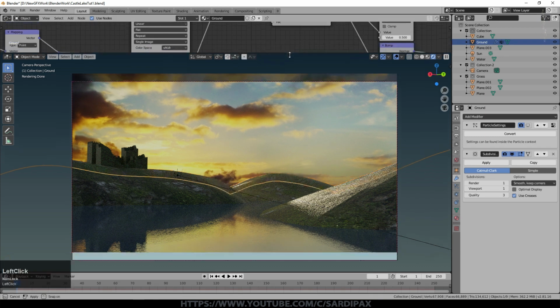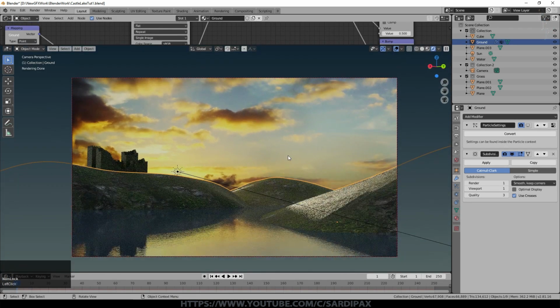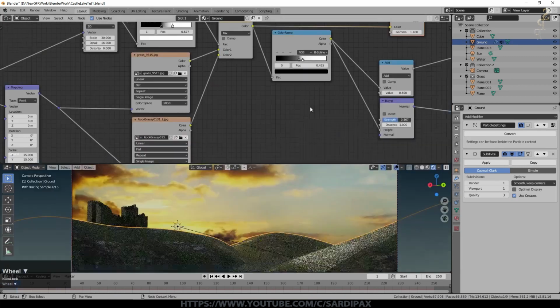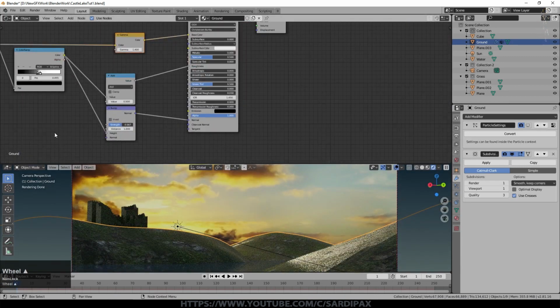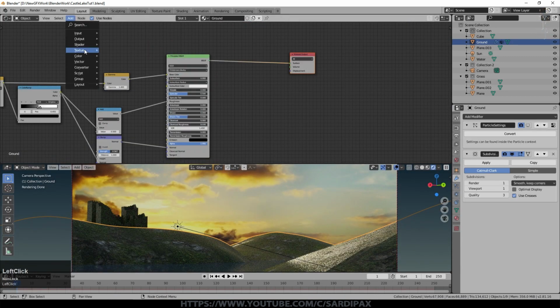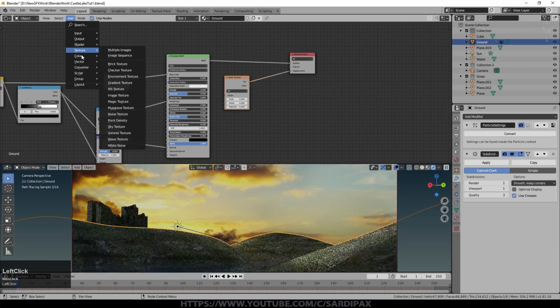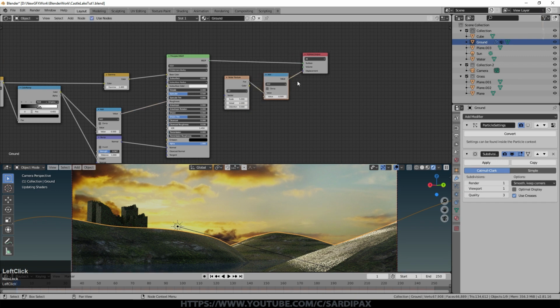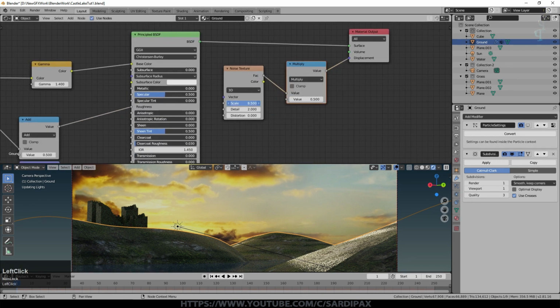What we probably need to do now is add a little bit more variation to the surface of the landscape itself, because we've got some simulated surface, but we haven't really got very much there. So one thing we can also do, we've also got our bump here, is I'll add a noise texture. I'll plug that into displacement this time, add a converter, which is a math node, and drop that there, change it to multiply, turn the scale up a bit, perhaps 25.